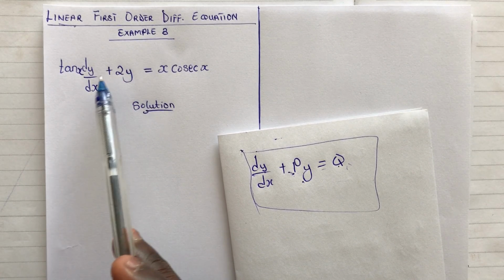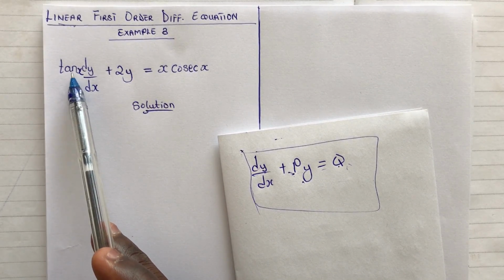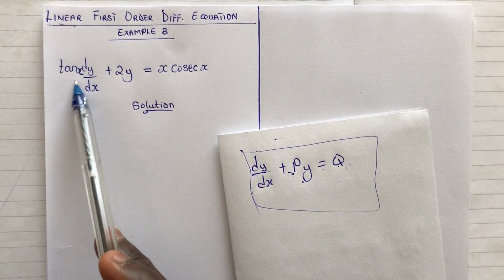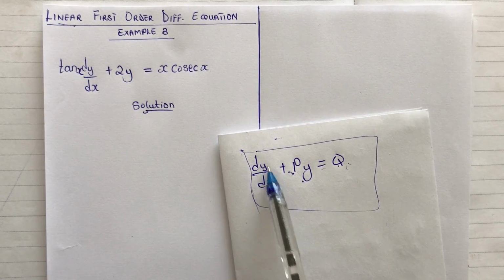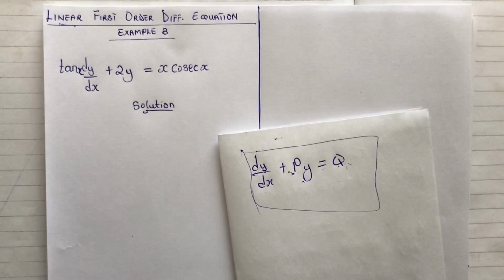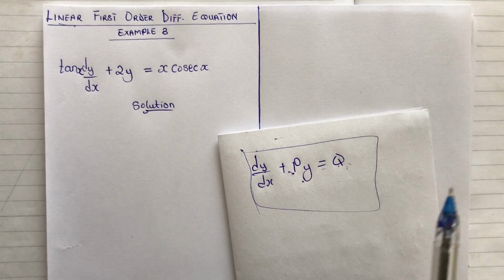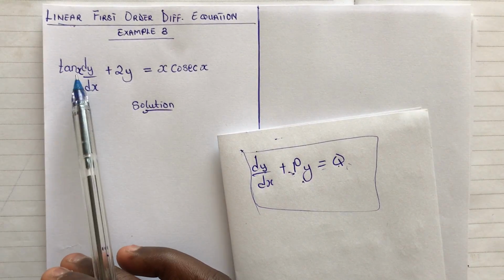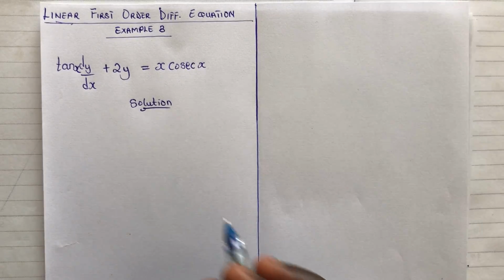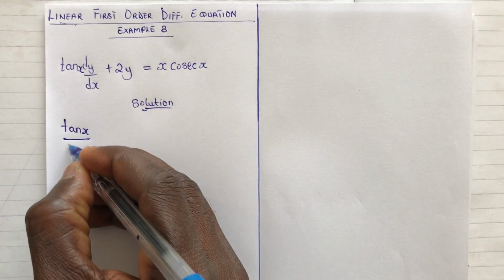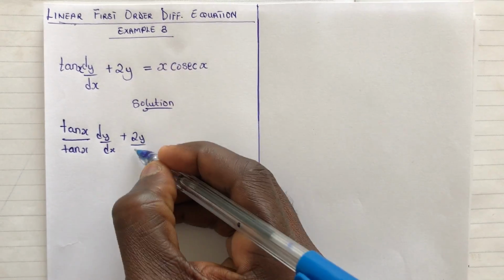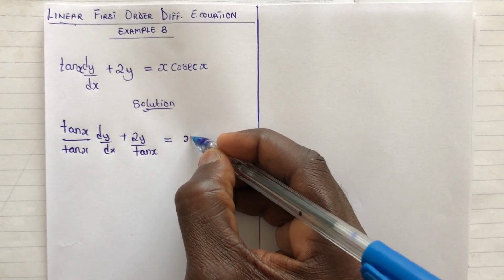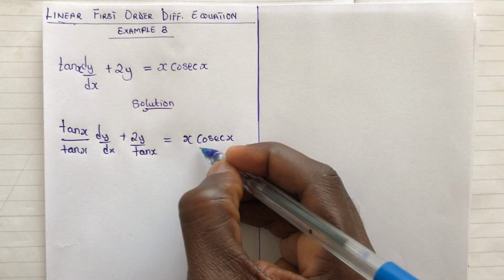We have the y function, but we have a tan function here that we need to remove. We call it a trig function. We need to remove it by dividing through to make dy/dx stand alone. Let me explain it that way for you to understand. So let's make dy/dx be on its own by dividing through by tan x. So we have tan x dy/dx divided by tan x, plus 2y over tan x, giving us x cosec x